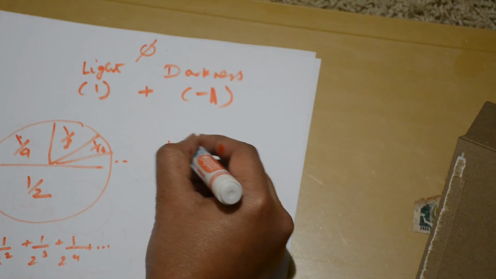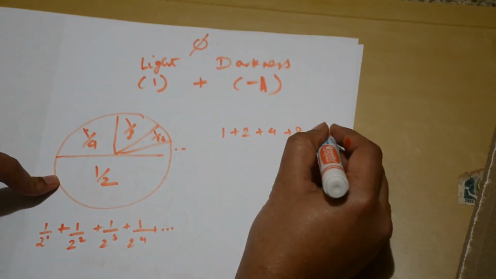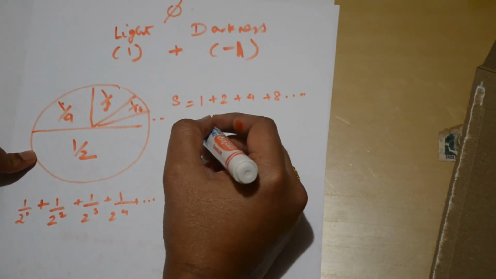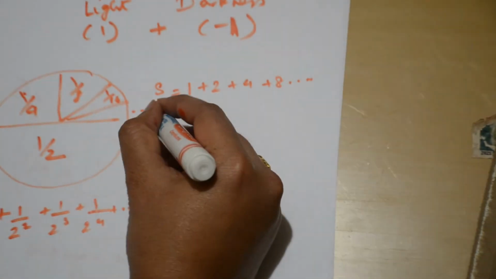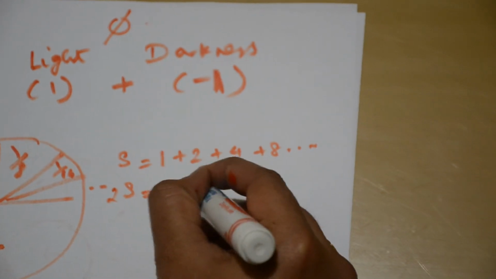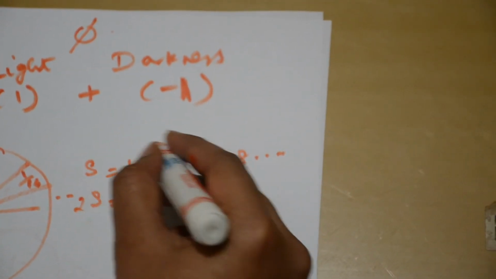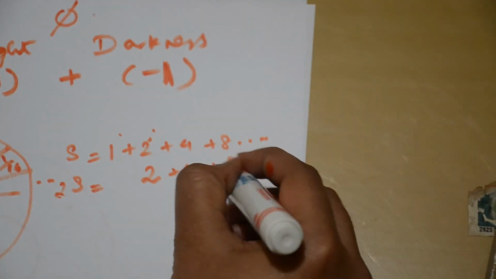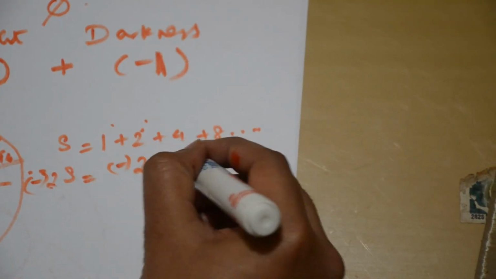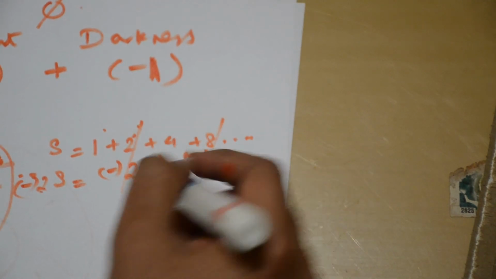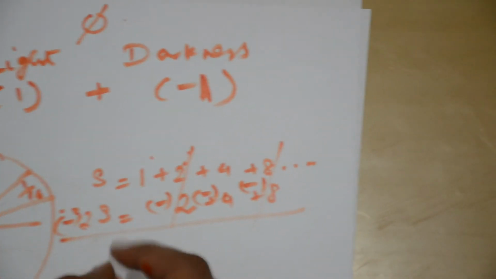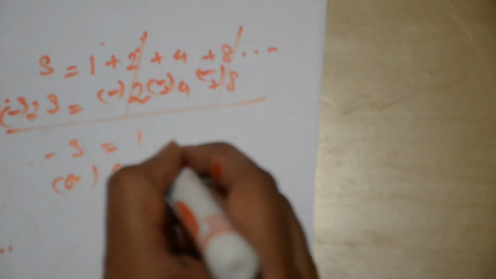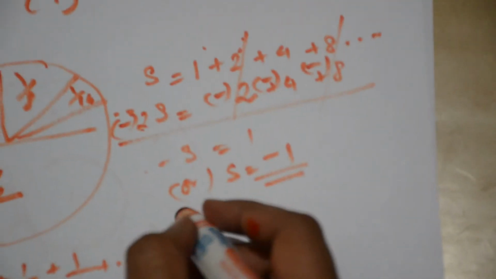Let us say 1 plus 2 plus 4 plus 8 plus and so on, call it the sum S. Now multiply this by 2. 2S is equal to 2 plus 4 plus 8 and so on. Subtracting, the terms cancel out, and you end up with minus S equals 1, or S equals minus 1. So you can say that darkness is nothing but